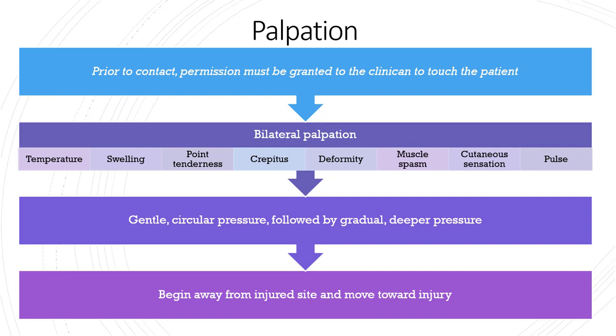Check for cutaneous sensation. This can be tested by running the fingers along both sides of the body part and asking the patient if it feels the same on both sides. This can determine possible nerve involvement, particularly if the individual has numbness or tingling in the limb. Also check peripheral pulses. These are taken distal to the injury to rule out damage to a major artery. Some common sites would include the radial pulse of the wrist and the dorsalis pedis pulse at the dorsum of